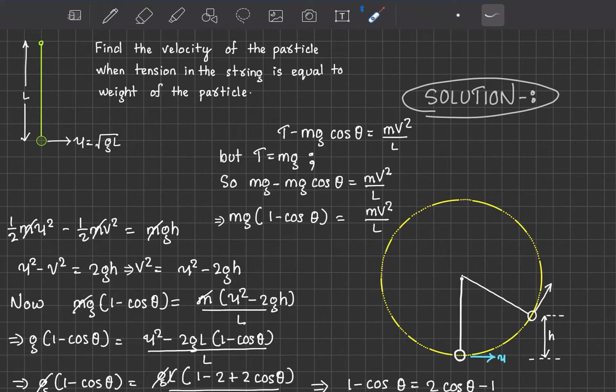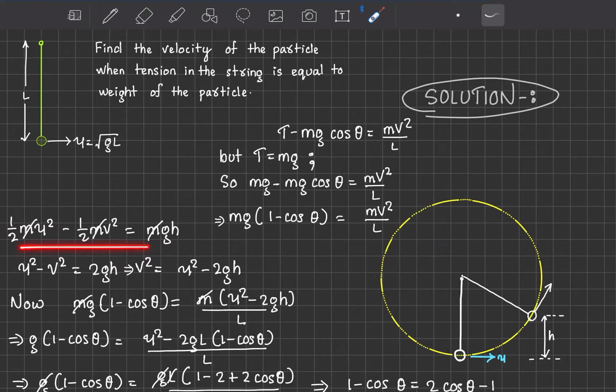So we need another relation between theta and v to solve. Now fortunately we know another method. In vertical circular motion mostly we need tension and velocity, right? And the tension equation we have already used. Why not use the velocity equation now? If we use the velocity equation, we can use the work energy theorem, or as a shortcut we can use the equation of motion u square minus v square equals 2gh. So we can use either one. Ultimately we'll end up with the same result.